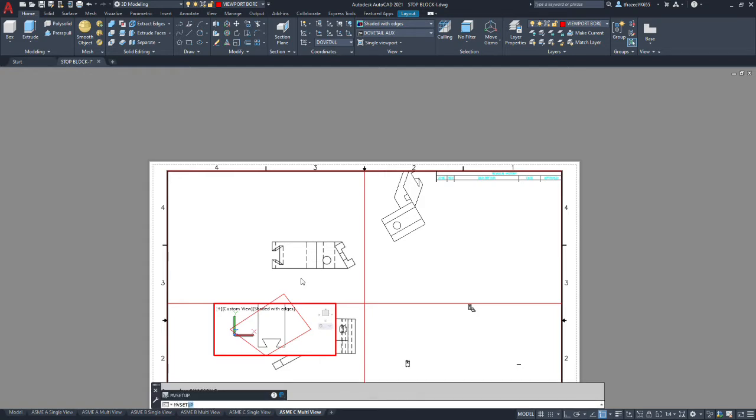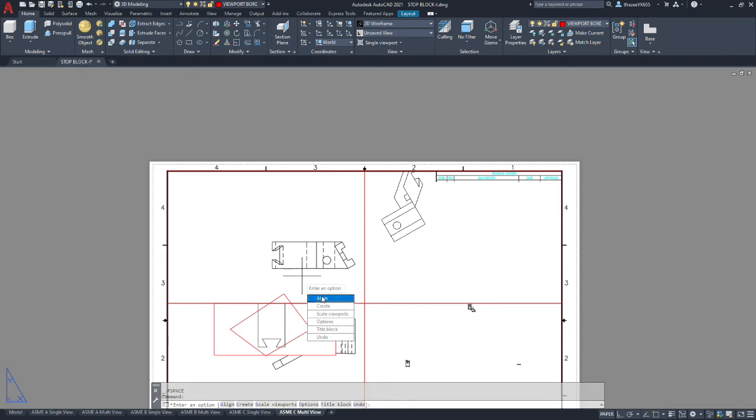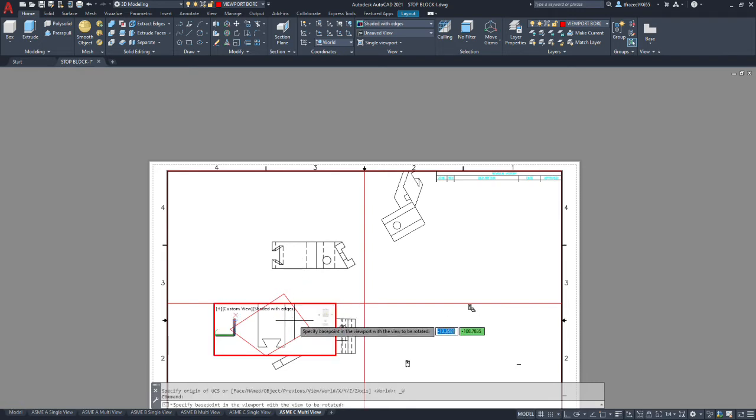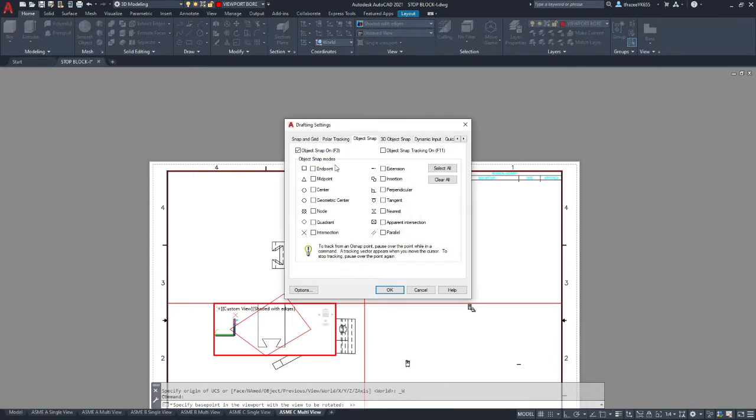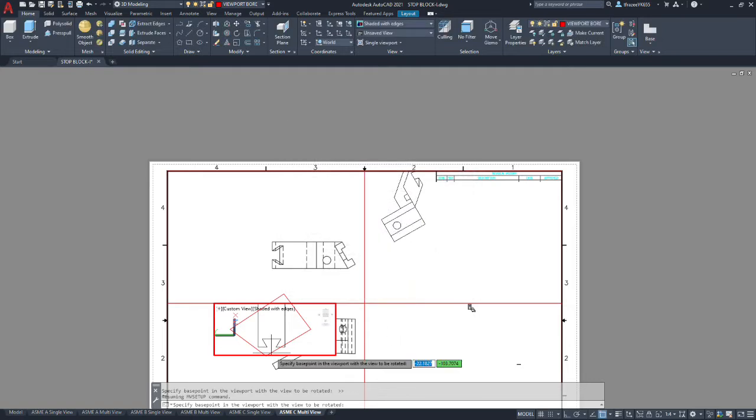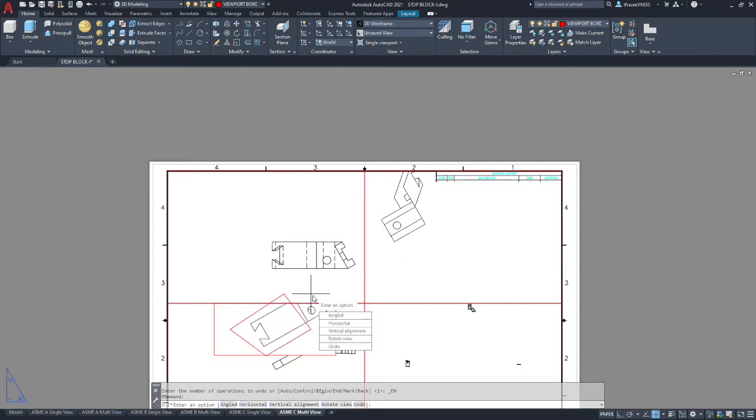Now we're going to do the MV setup, align, and then use the rotate view option. We're going to select a corner. Turn on my OSNAP there for endpoints. Not sure why it shuts off by default, but we're going to get our endpoint, and then put in negative 60 degrees. That should rotate our parts to the same angle that it was projected in. Now my view ended up landing where it was aligned. I think it was blind luck. You may need to do some adjustment there.